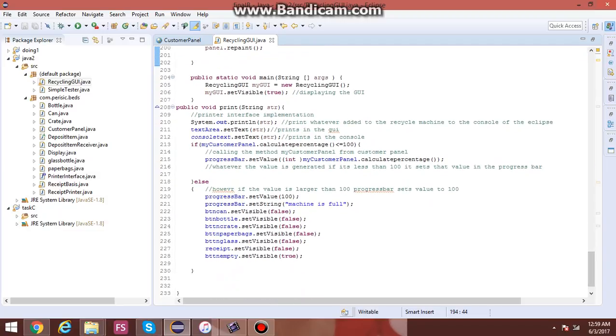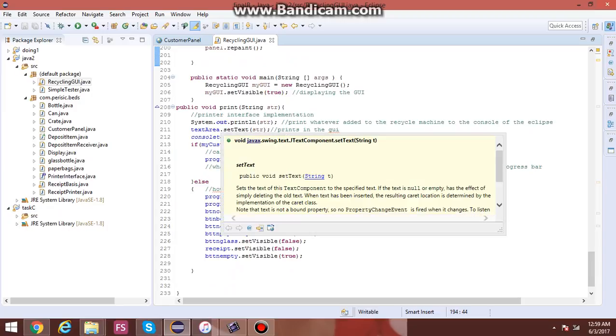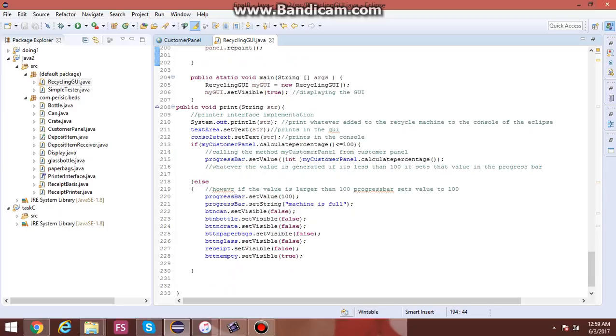Here actually this is the printer interface implementation. What it does is system out print ln str. This prints whatever is added to the recycling machine to the console of Eclipse, and text area set text str prints it in the GUI. And console text is printing in the console, and in this if statement,